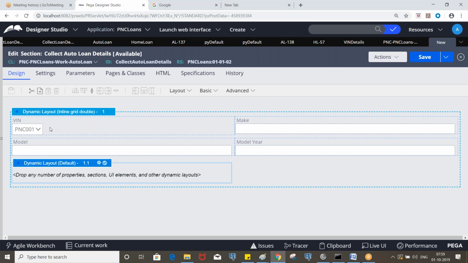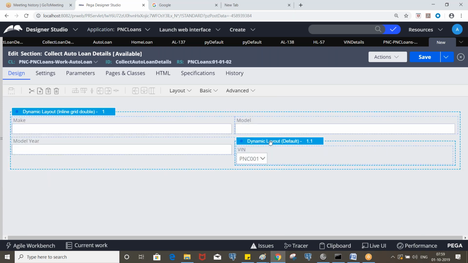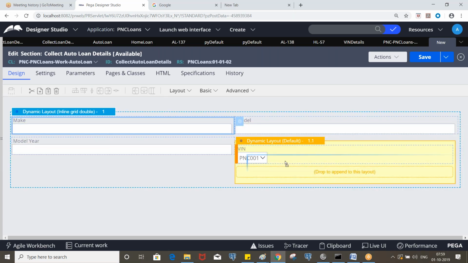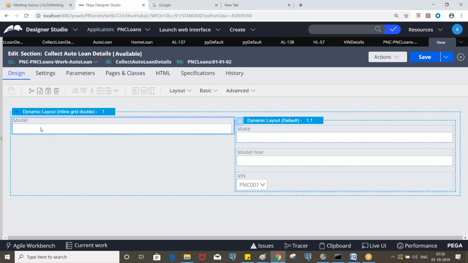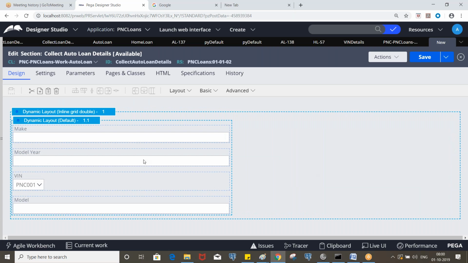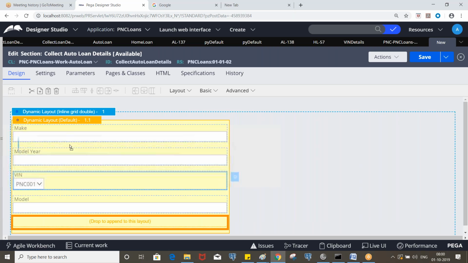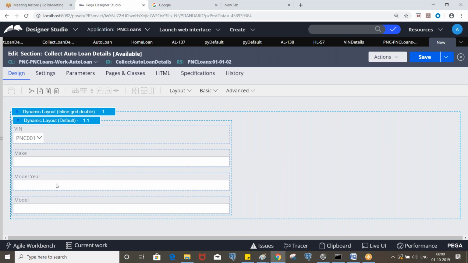Okay, so now use all the properties, drag the properties inside this layout like this. Okay, win, make, model, model year. Clear?